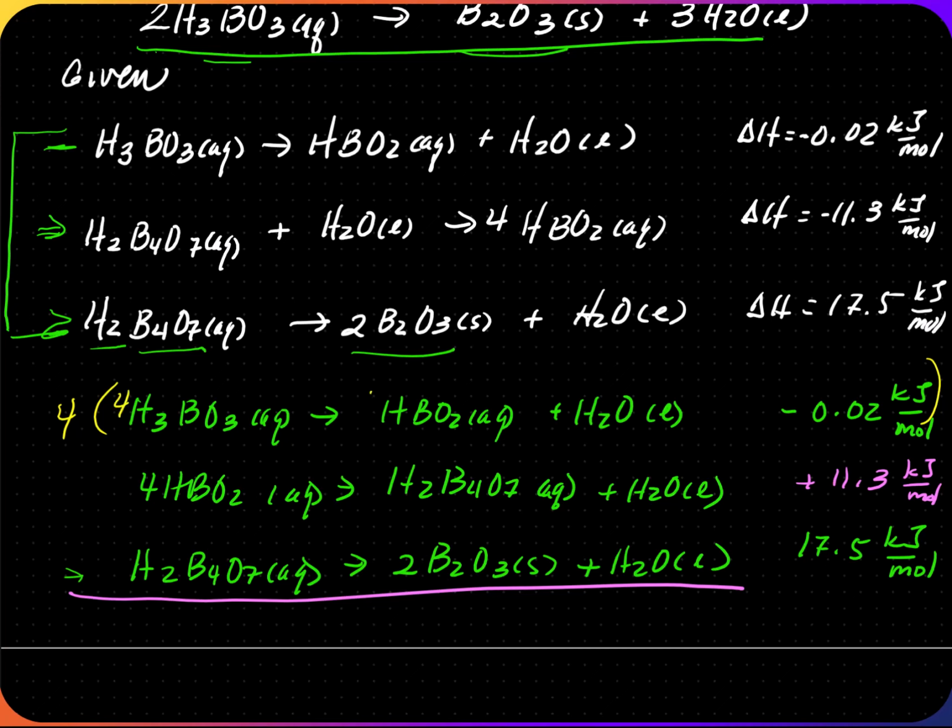So when I do that, there's 4 here, and 4 here. So these cancel out. So that means I also have to multiply the delta H by 4. Next, the H2B4O7 solid cancels out. The rest stays. So if I write this down, this is